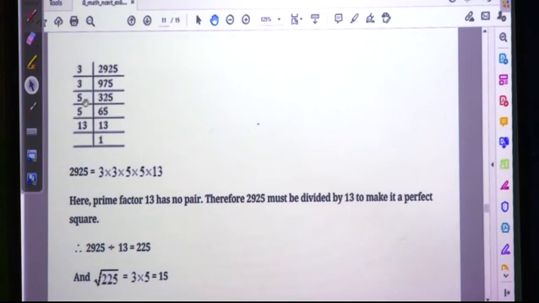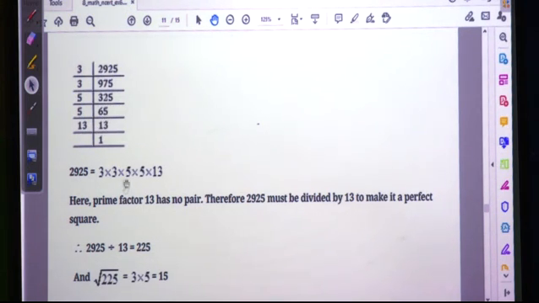Now by 5, 5 6s are 30, 2 remaining, the next value becomes 25, 5 5s are 25. Again by 5, it is 65, 5 1s are 5, 1 remaining, it becomes 15, the next value, 5 3s are 15. What is remaining? That is 13. So 13 1s are 13.